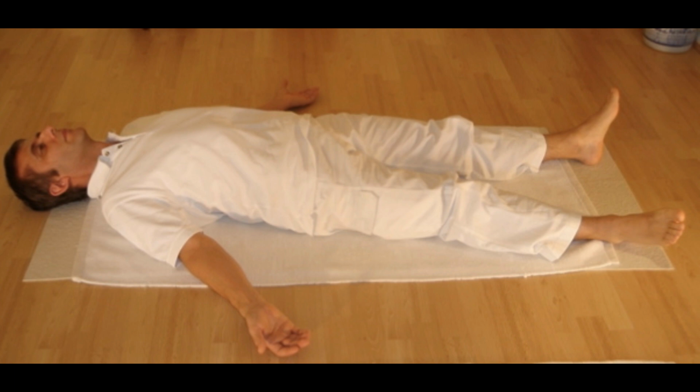Shift your awareness to the left side. Check that you're still listening and mentally repeating the name of each part. The left thumb, first finger, middle finger, ring finger, small finger, palm, back of the hand, wrist, forearm, elbow, upper arm, shoulder, armpit, side of the chest, side of the waist,